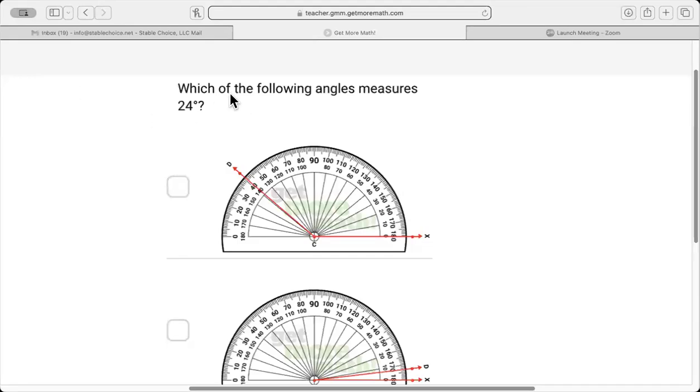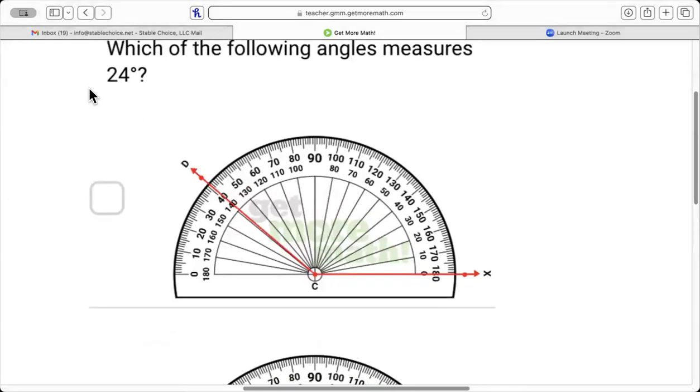We are using protractors today. So this is a protractor, this arched shape ruler essentially. And there's a couple of things to identify when you're looking at a protractor. Let me see if I can zoom in here. Okay. So when we're looking at a protractor, things to notice is straight up and down is 90 degrees because